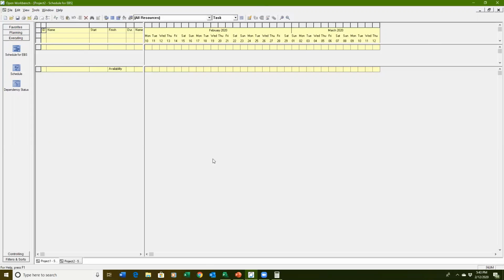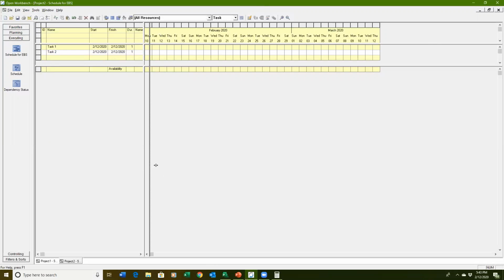But I will tell you that these standard views, which you have on the left, are very stark. And you'll see in this particular instance, it's extremely stark. What you'll find, and I actually created this view for this demo, is a dual panel. Up here is task-related information. Down here is resource-related information. So I can do task 1, and notice it'll create a separate line. Then I can do task 2, and you'll see that it's got a start date of